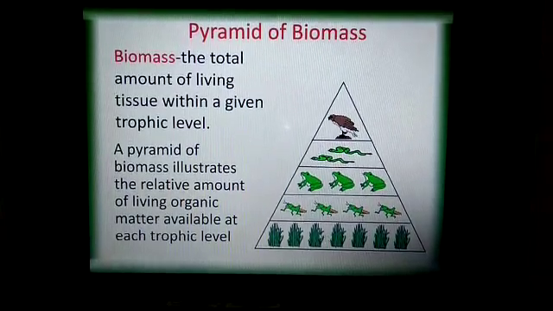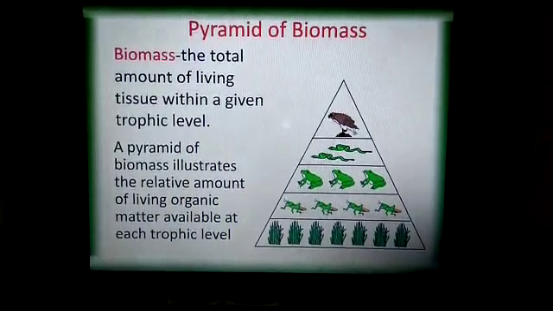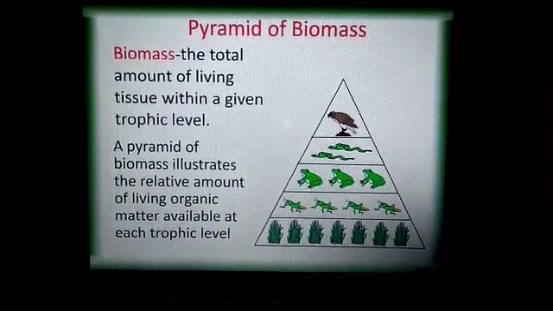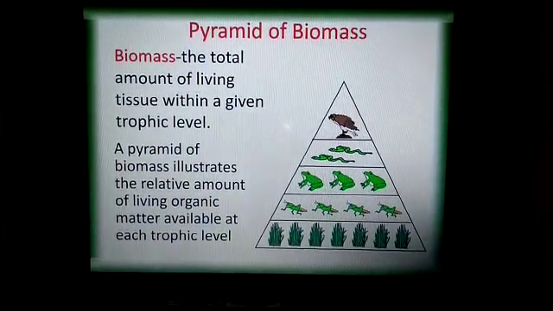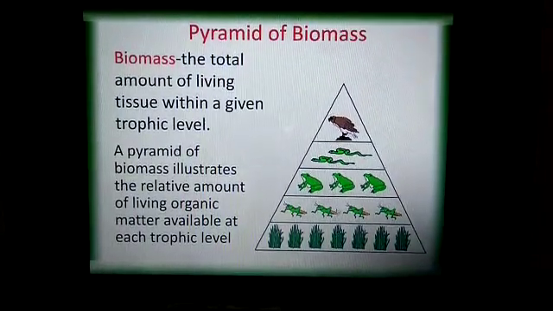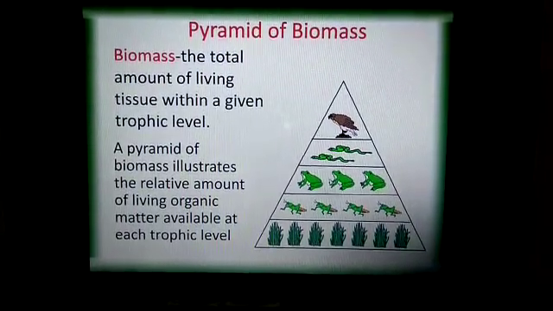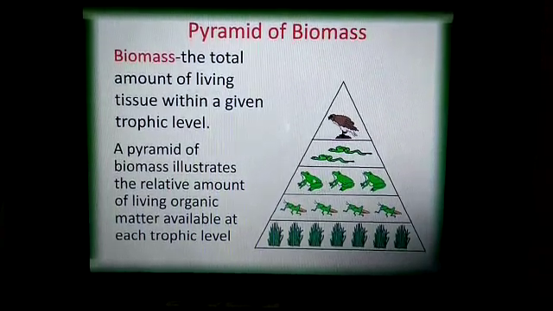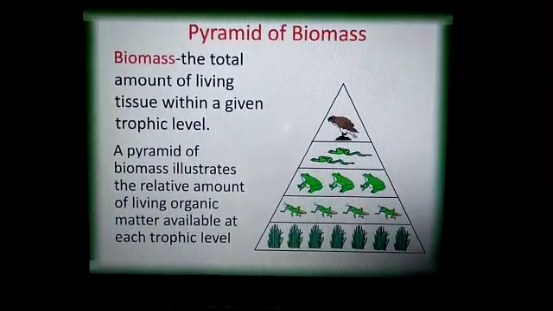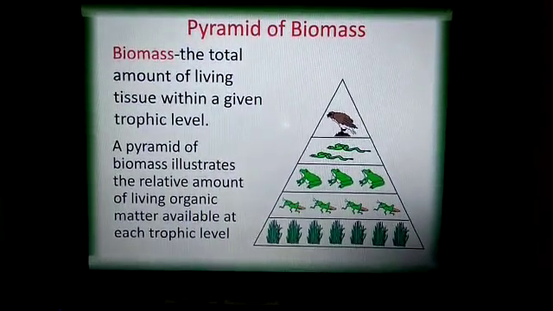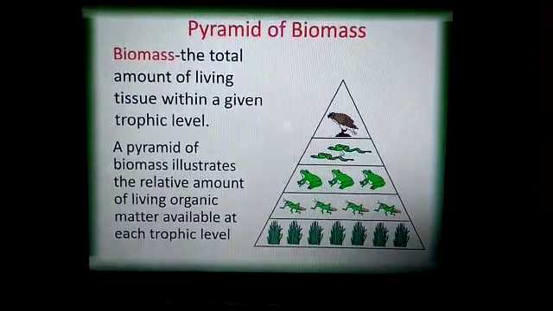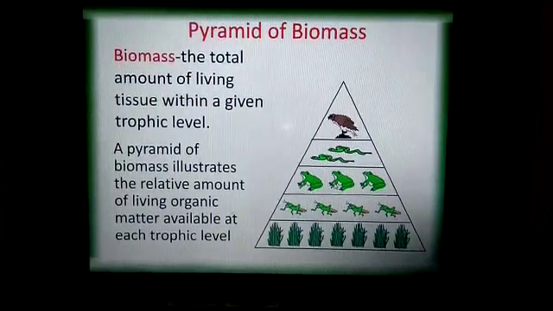Plants are eaten by a grasshopper, and definitely the plants are larger in number as compared to the grasshoppers, and when these plants are eaten by grasshoppers, their number is lesser as compared to plants. And when these grasshoppers are eaten by a frog, their number also decreases and their mass also decreases. And when this frog is eaten by a snake, the biomass of the snake is lesser as compared to the frog.